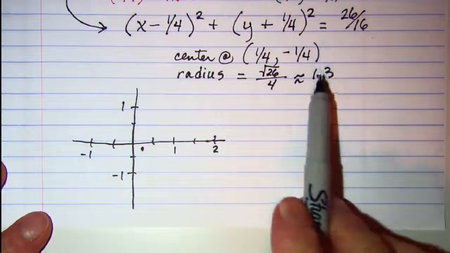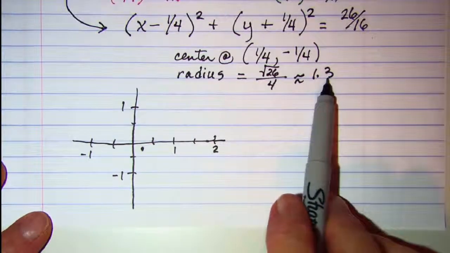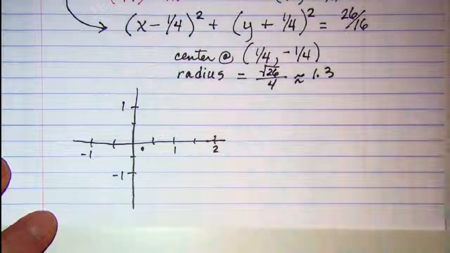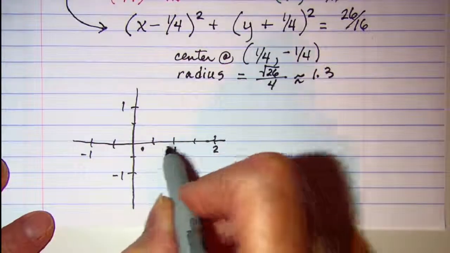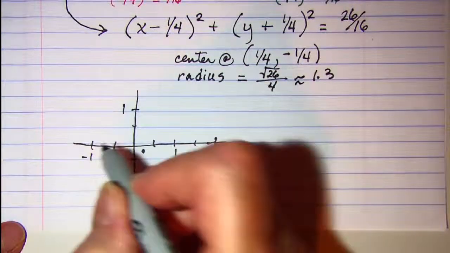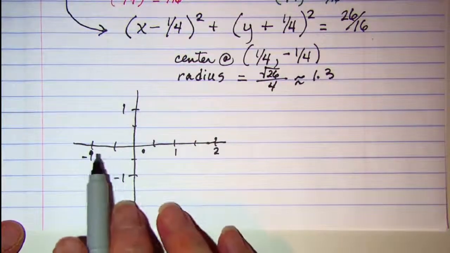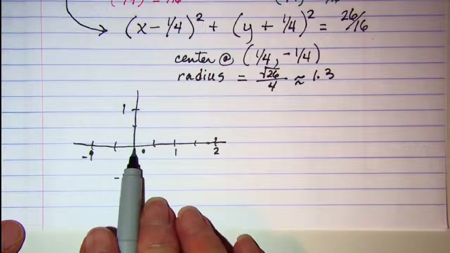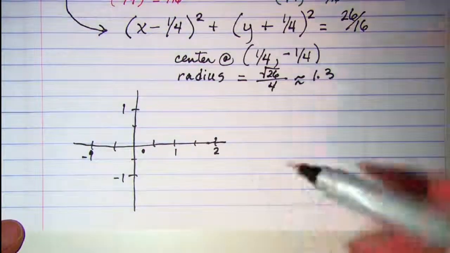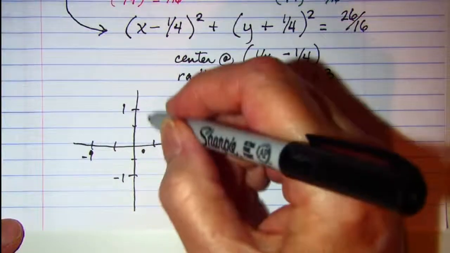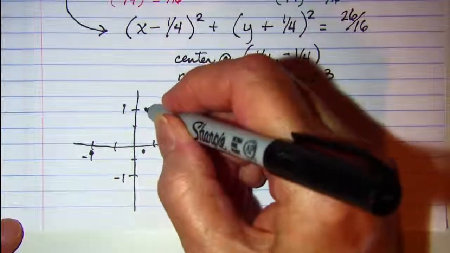So if I have a 1 1/4 radius, that'll put me this is 1 unit and 1/4 more, and then this is 1 1/4 more,